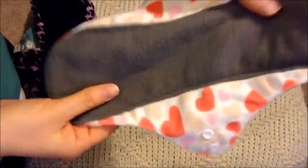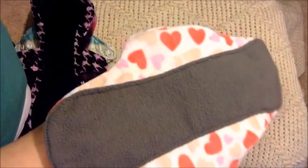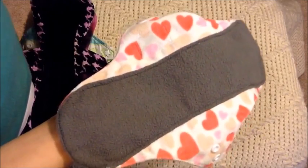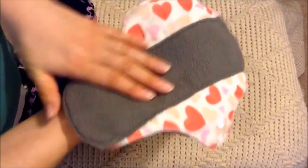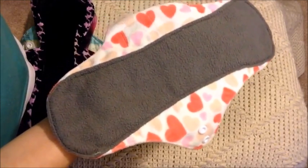And then this Minky with a Minky backing, this held up great. Although I really didn't bleed overnight. It was so funny, even though it was my official first day. That should have been a heavy overnight bleed, and I wasn't. So I actually ended up wearing this for a few hours the next morning because, like I said, it was